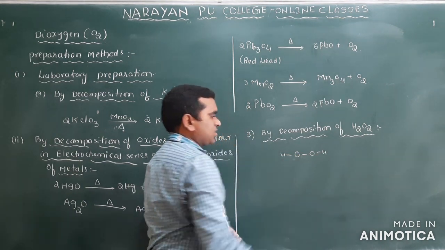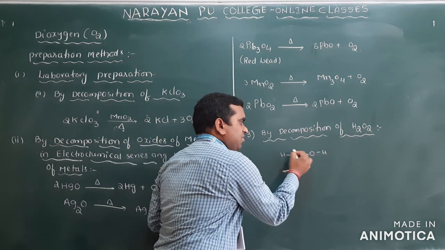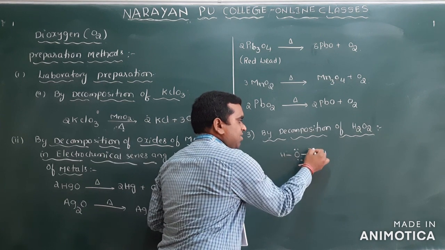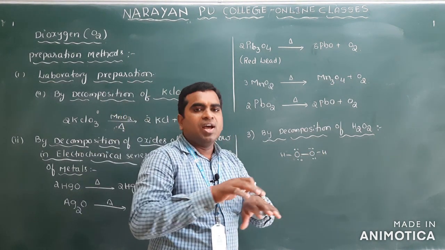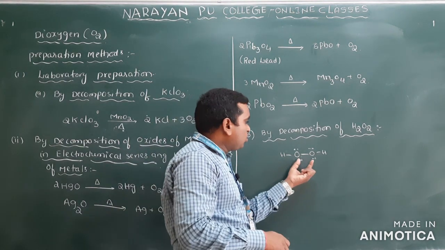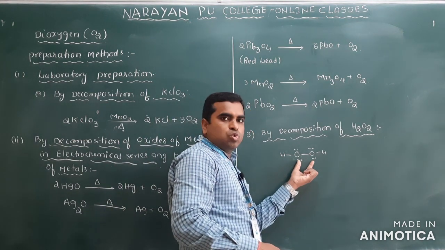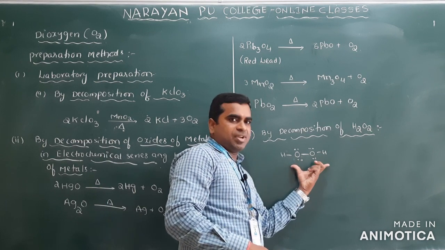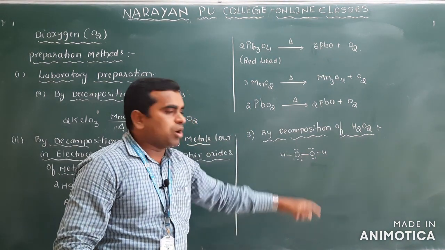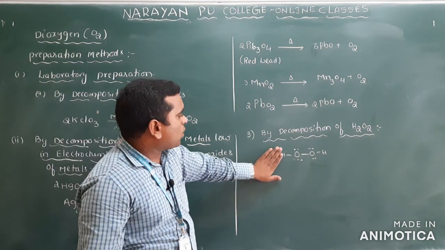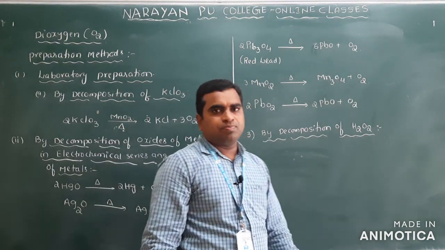So here this bond is very weak, because oxygen has lone pairs of electrons and these oxygens are very close to each other. Then there will be a repulsion between the oxygens. So to avoid that repulsion, these two oxygen atoms move away from each other. When they move away, bond length increases, so the bond becomes very weak, and hydrogen peroxide is not that stable.